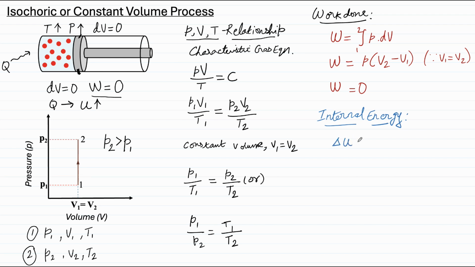The change in internal energy can be given as the total change in internal energy is equal to mCv dT, that is the mass of the gas, the specific heat at constant volume, and the small change in temperature that causes the change in internal energy. Or we can rewrite this as